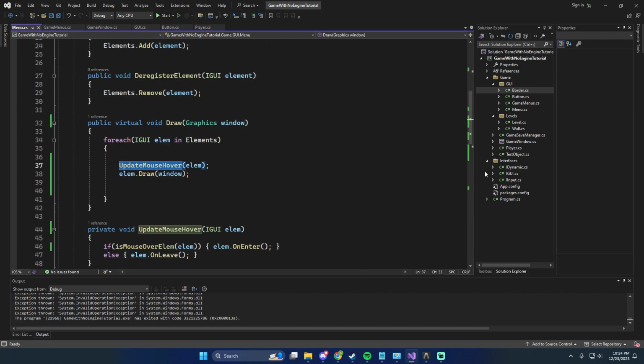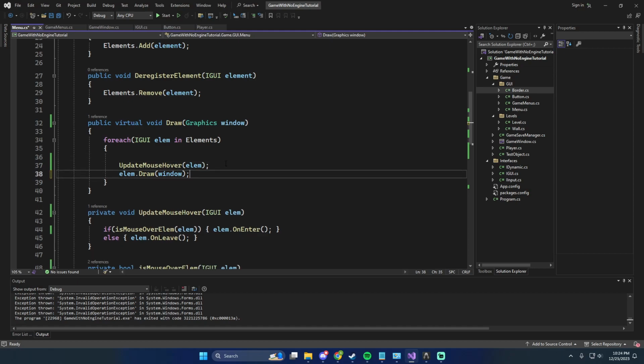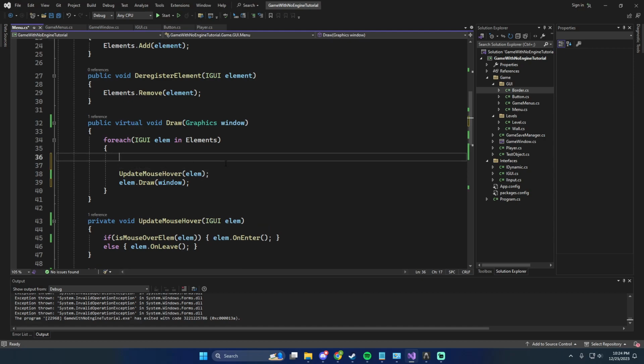But okay. So in the menu here, what we want to do for draw is, we don't actually need to make the temp rectangle. What we can say is we want to do this before the mouse hover happens. The reason for that is if we're moving, it's going to be jittery in terms of how it gets calculated. We want to update the rectangle prior, so it's checking the correct rectangle. So we're going to say lm.rect, and I think we can just set the rect, which is why we gave it a getter and a setter,